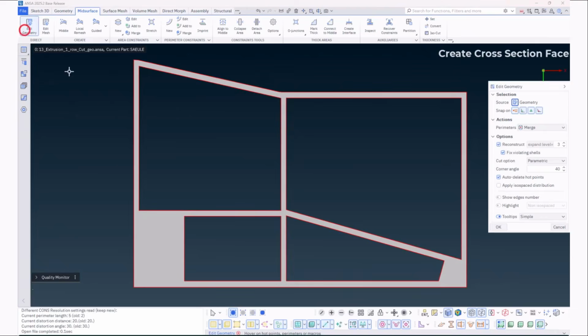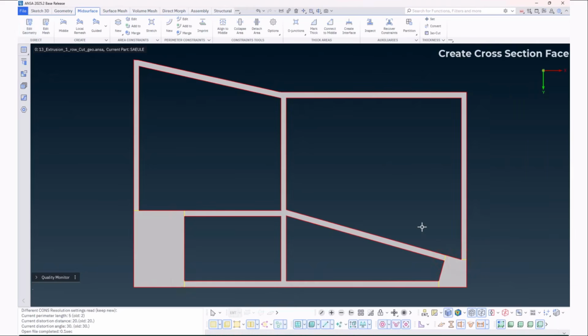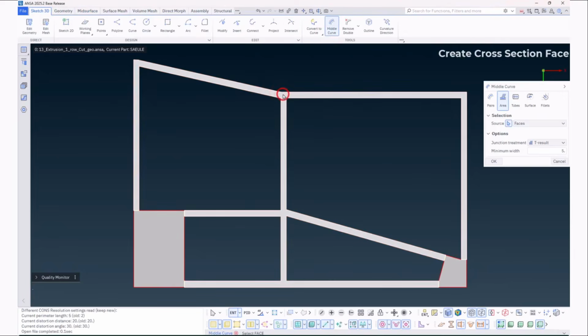The face that belongs to the thick area can be separated with cuts. Then, middle curve can be generated for the rest of the face, projected onto it.